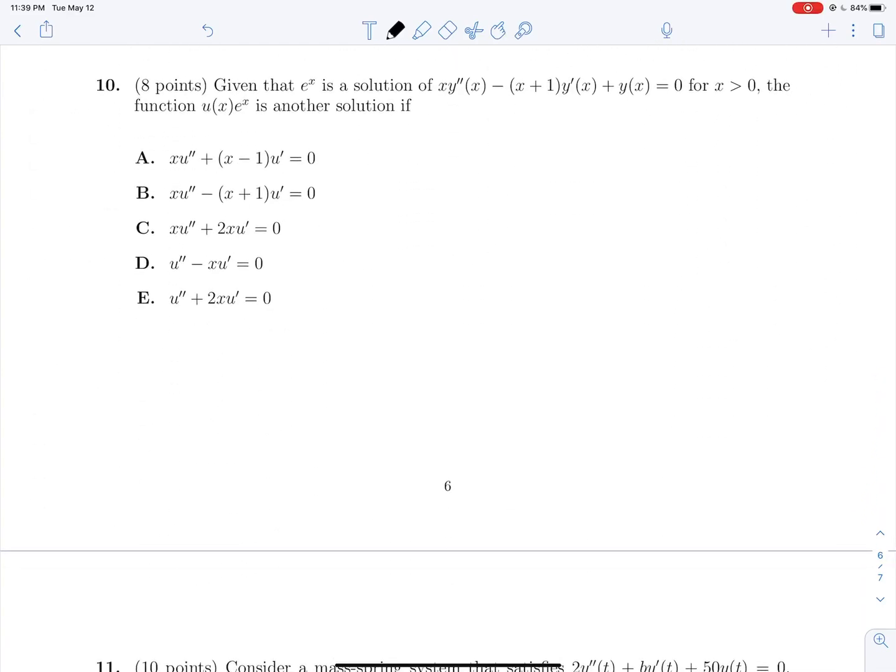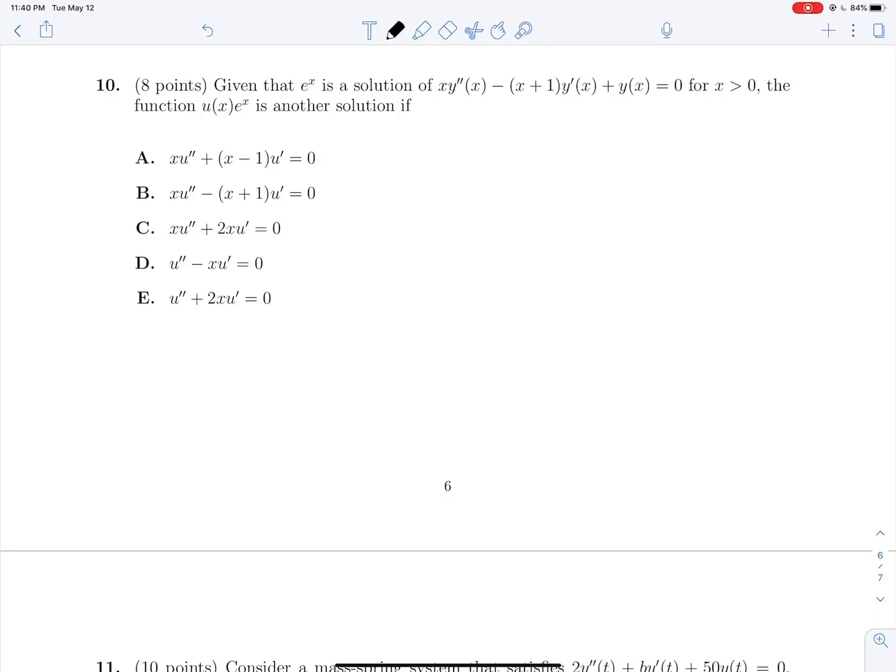Number 10. Given that e to the x is a solution of this crazy equation here, which function is another solution? Yeah, and then we're answering with a differential equation. So this is an extremely scary problem because it's one of the only times that they don't make you apply reduction of order directly. They make you actually perform the substitution. Because remember,